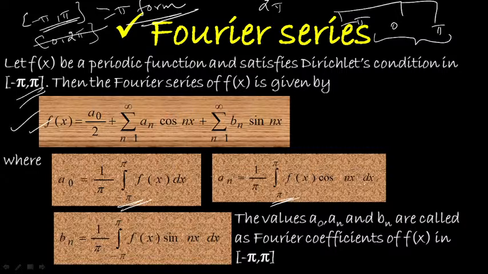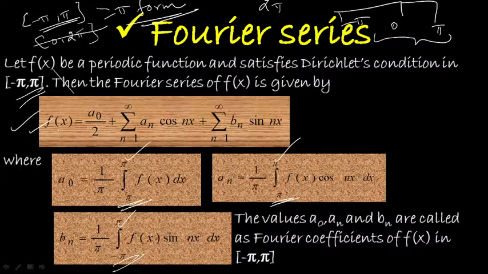Okay. f of x cos n x dx, and bn is calculated by making use of the formula 1 by pi integral from minus pi to pi f of x sin n x dx. So the difference between minus pi to pi and 0 to 2 pi Fourier series representation of a function given in any one of the period is, for calculating the Euler coefficients, the interval is from 0 to 2 pi for